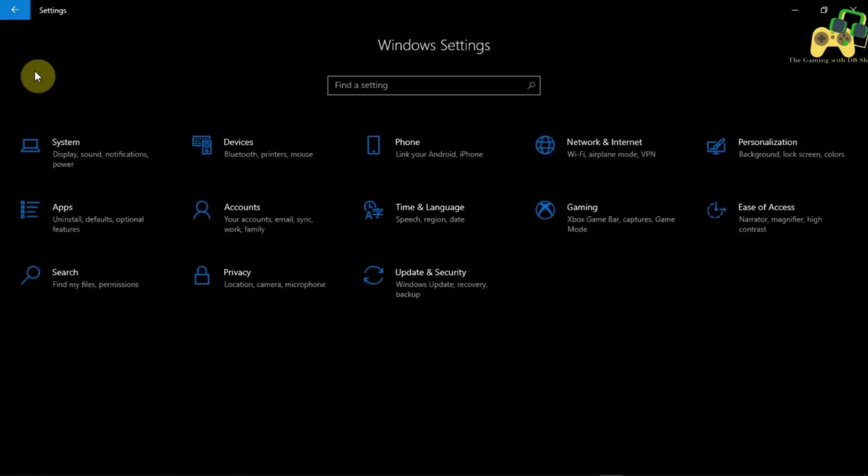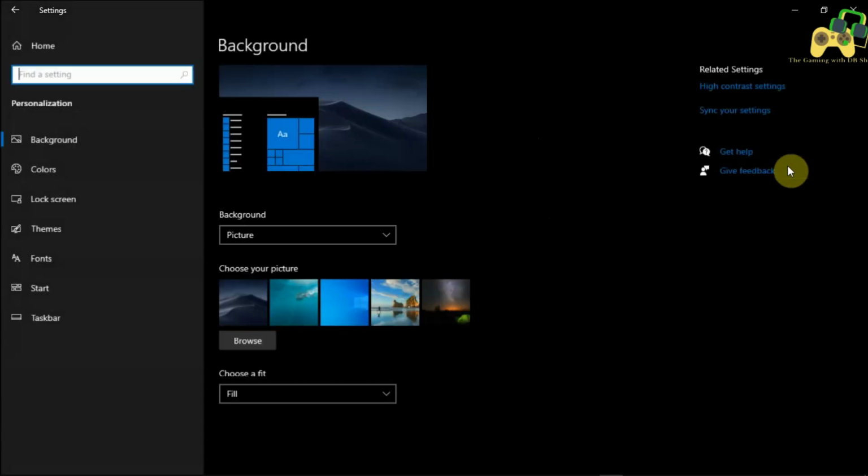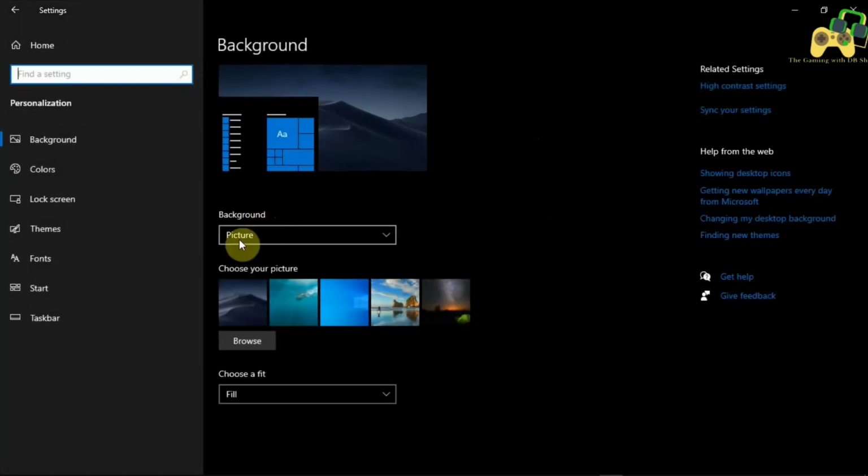So we need to back out from here, and then we want to go to the personalization tab in the Windows settings. There are a few settings you need to change here in the Windows settings only, so I'm going to rush through that. And if you need to go to personalization, it's taking a little time, yeah. And then you need to go to colors.